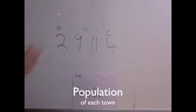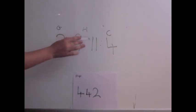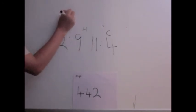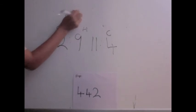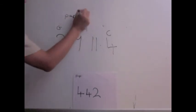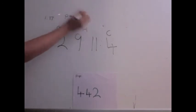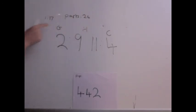Mr. Sun gave us this information. This is for the housing area, the Gardens of Life, and the Chief Hut. The population is 442. First, we need to add this up and find out how many parts are in the problem. 26. Now we need to find out how many times 26 goes into 442. 17, which means 1 equals 17. 1 part equals 17. So, 2 times 17 will find out the answer for the Gardens of Life, which is